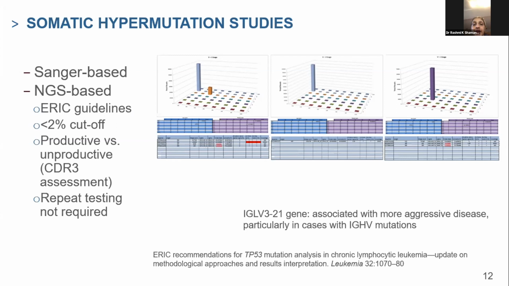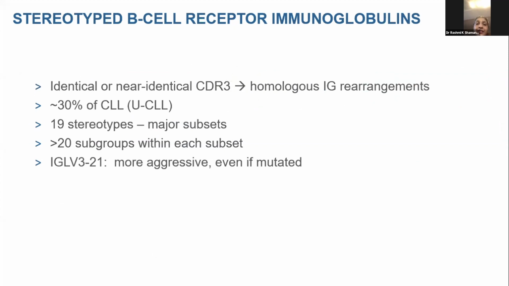Because we use DNA as an input, we are able to evaluate the productive and non-productive products and make the assessment. And we only do this one time, because it's the biology of the disease and will not change with treatment or time. Here are 3 examples where we see the prominent clone popping up, and we are able to identify the specific IGHV and the JH sequence as well. And that will be helpful, if you can move to the next slide, to evaluate the stereotyped B cell